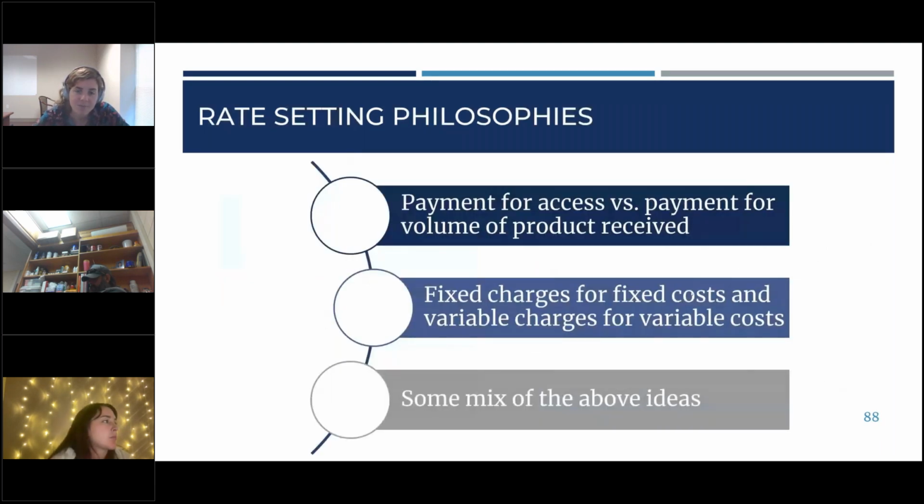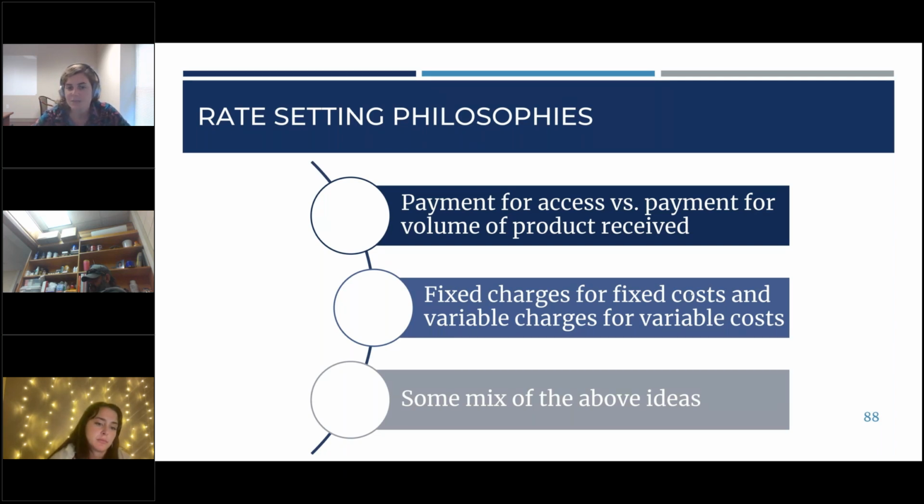And in the interest of time, I've really shortened this to provide a few key approaches for rate setting philosophies. We have a lot of other resources on how to set rates, and I'm more than happy to share those with anyone who might be interested after the fact, because there are many, many different ways to approach rate structures, to approach rate setting. Keeping it simple, again, is very important, but maybe your utility is just curious what's out there. We're happy to share information that we have.